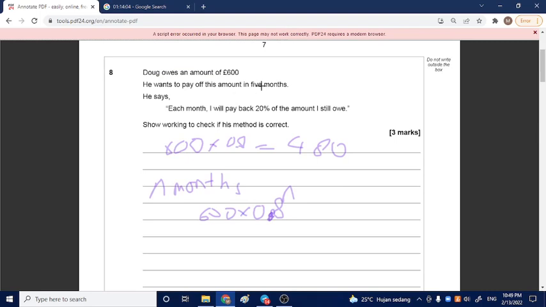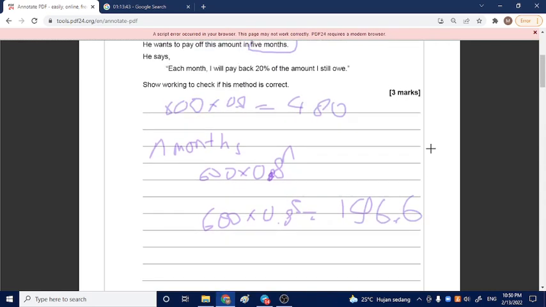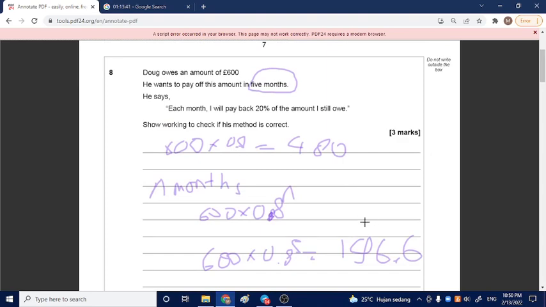So if they want to pay for 5 months, that would be 600 times 0.8 to the power of 5. 600 times 0.8 to the power of 5 would be 196.6, which means that at that point